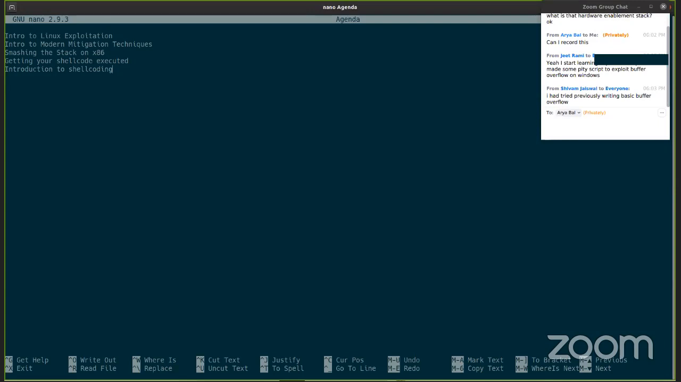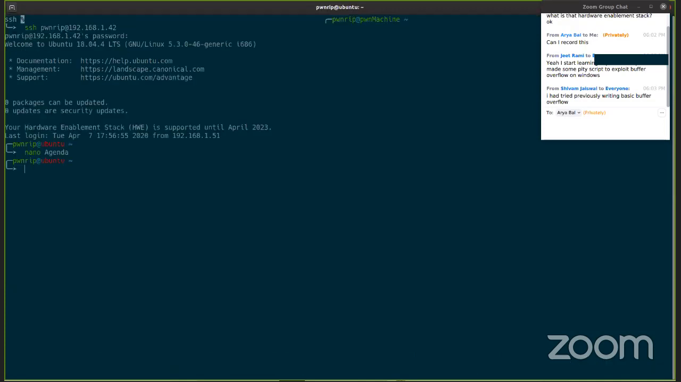So today, since we are covering every single thing on a fully updated Ubuntu system, there is nothing which is outdated and cannot be applied to today's systems. The first thing is introduction to Linux exploitation. So in this,